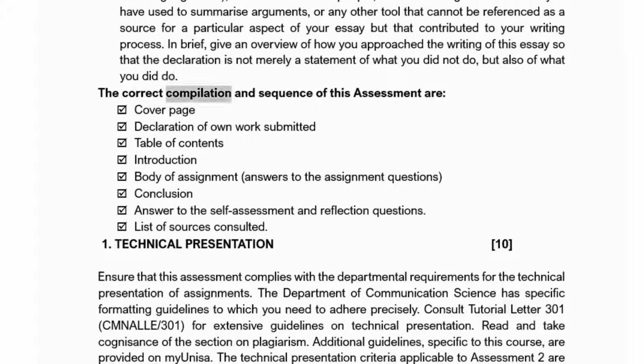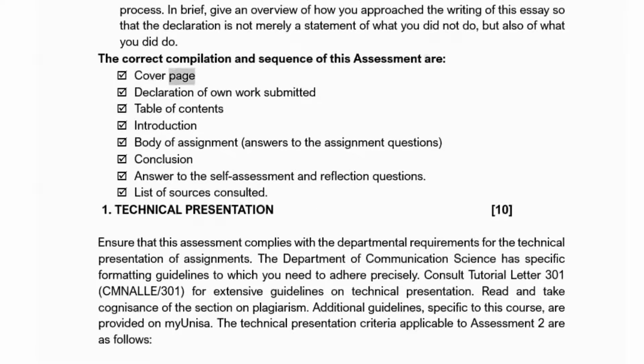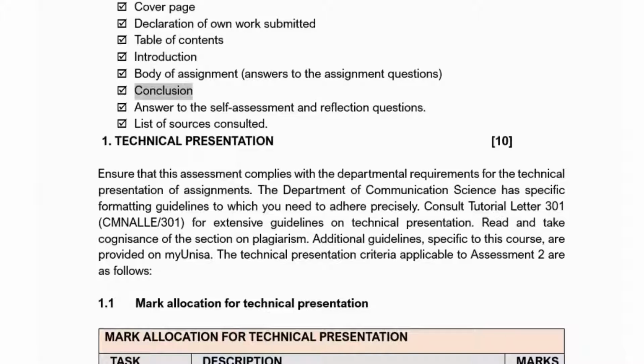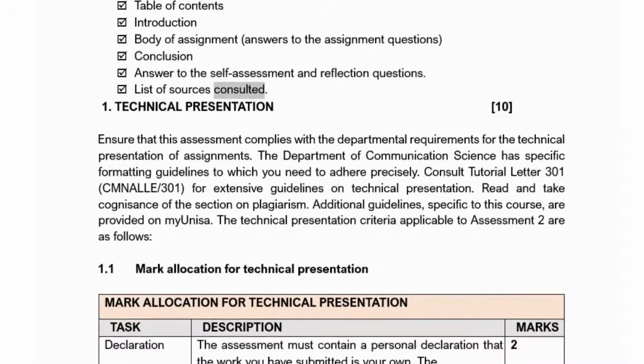The correct compilation and sequence of this assessment are: cover page, declaration of own work submitted, table of contents, introduction, body of assignment, answers to the assignment questions, conclusion, answer to the self-assessment and reflection questions, list of sources consulted.